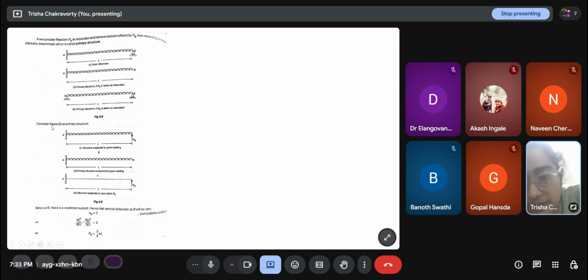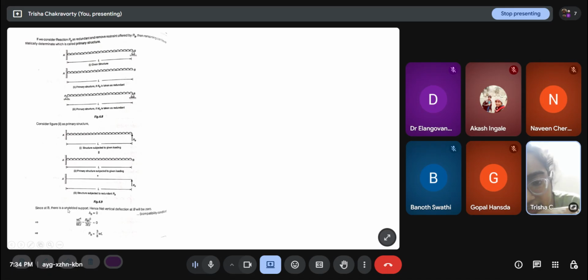Now, if I consider the cantilever to be the primary structure, then this becomes a cantilever. Using the linear superposition principle, we split the original structure into two. One is the cantilever without the redundant force, with the UDL, and another is the cantilever with no extra loading, since the loading has already been accounted for in the primary structure. So in the secondary structure, there is only this redundant force and the support reaction. This support is there in both, and this RB is here.